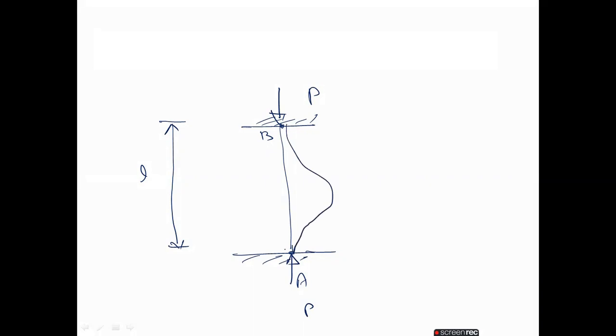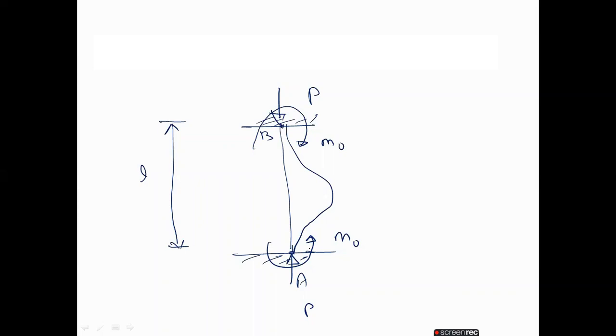So if you observe in this one, due to the fixed ends, there will be fixed end moments at end A and end B. So it is like this, M naught. We are denoting with M naught the end moments at both the ends. And also here, the fixed end moments act at A and B, so that the slope at the fixed end becomes 0. Okay, the slope should be 0.